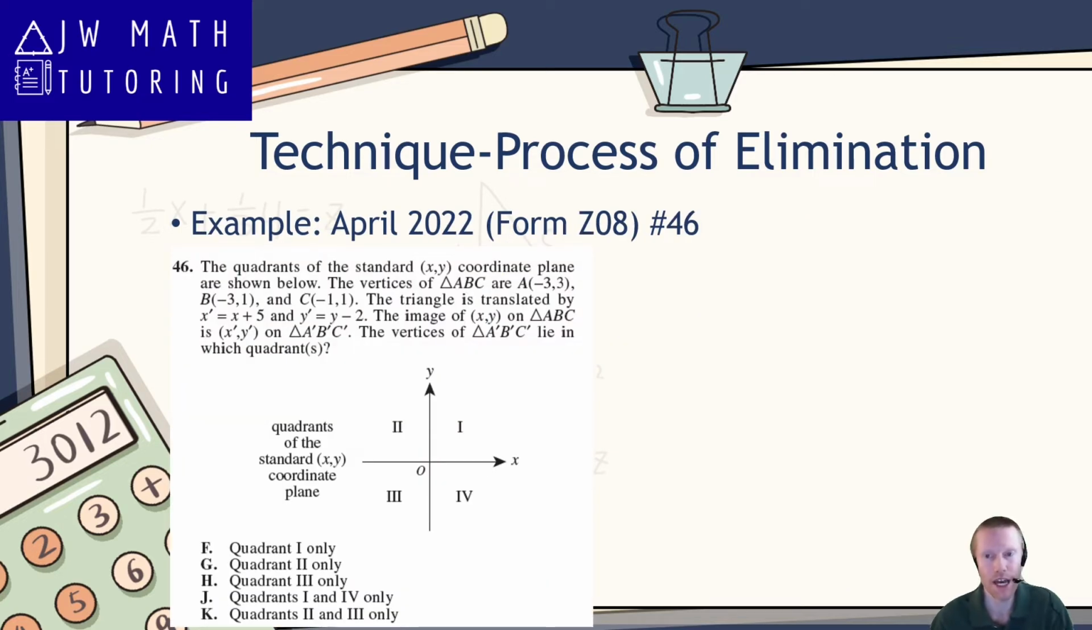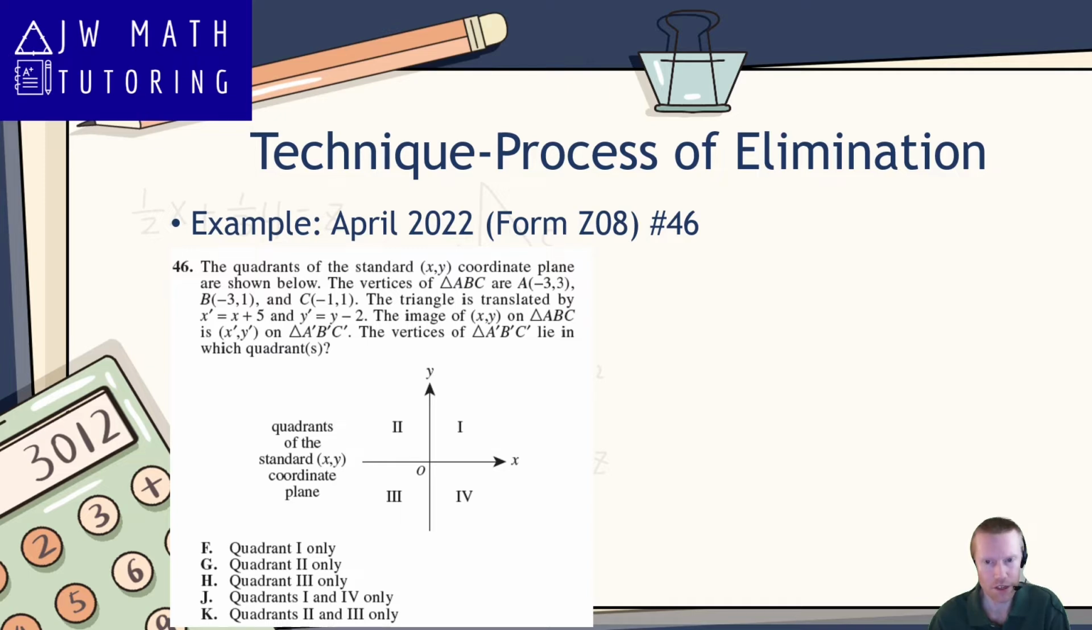Now let's take a look at another problem where we can use process of elimination as part of solving this problem to get the answer. This is from the April 2022 test. It's Form Z08, the international version. It's problem number 46. And in this problem, if you go ahead and read it, basically you're given 3 points,